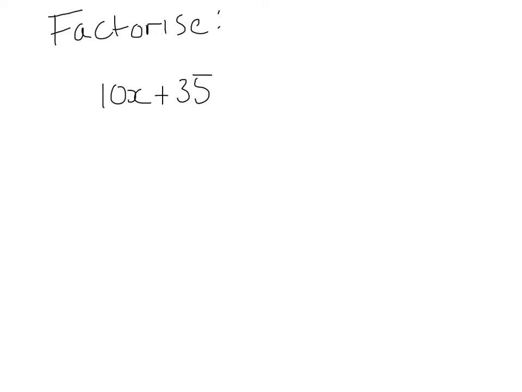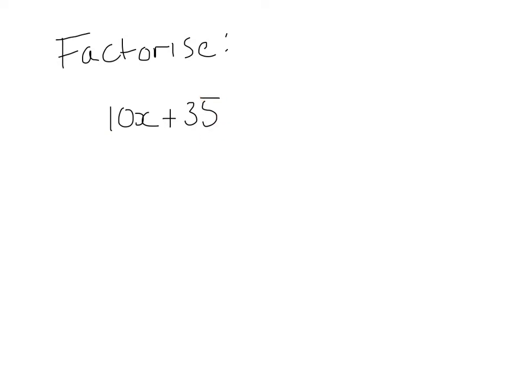To factorize an expression like this one, we start by trying to find the biggest number that will divide into both 10 and 35 without leaving any remainder or any decimals. So, in other words, the biggest factor that both 10 and 35 have. In this case, the biggest number that will go into both of these is the number 5. So we start by writing that down,